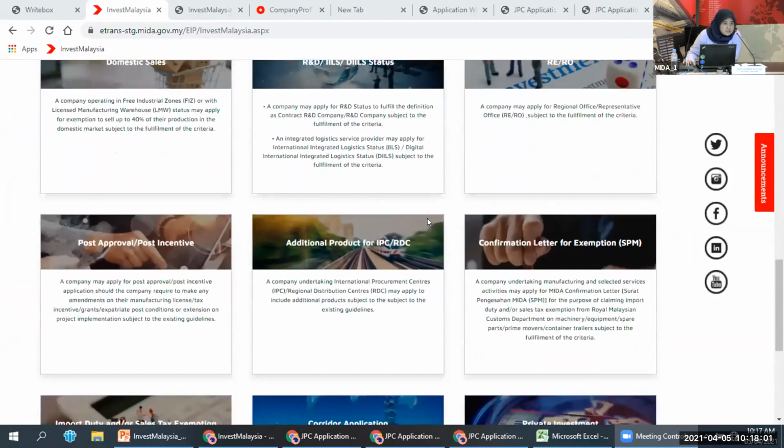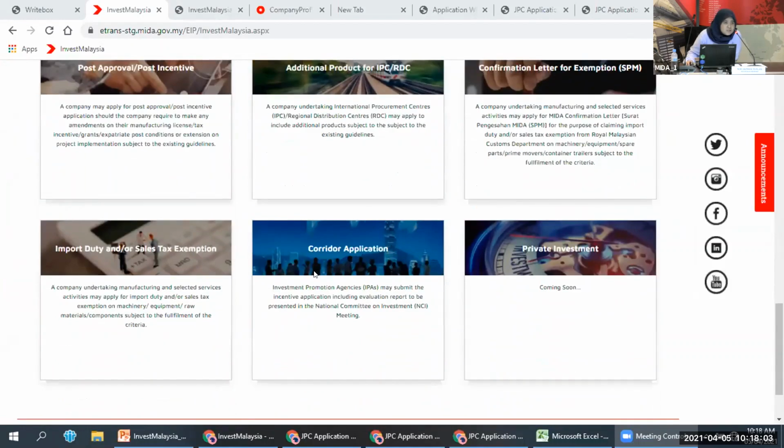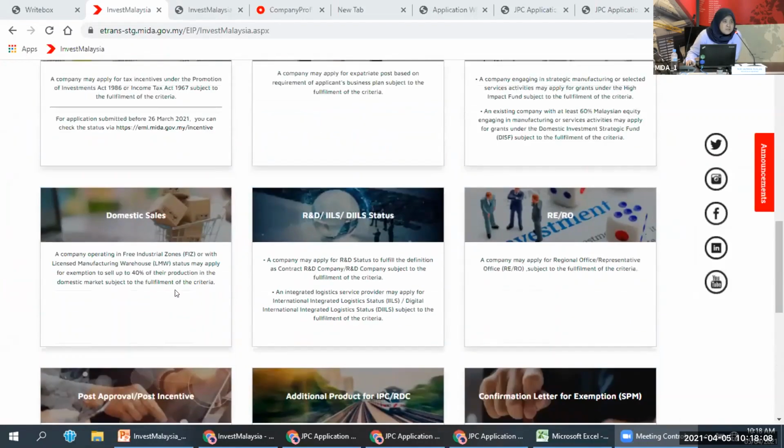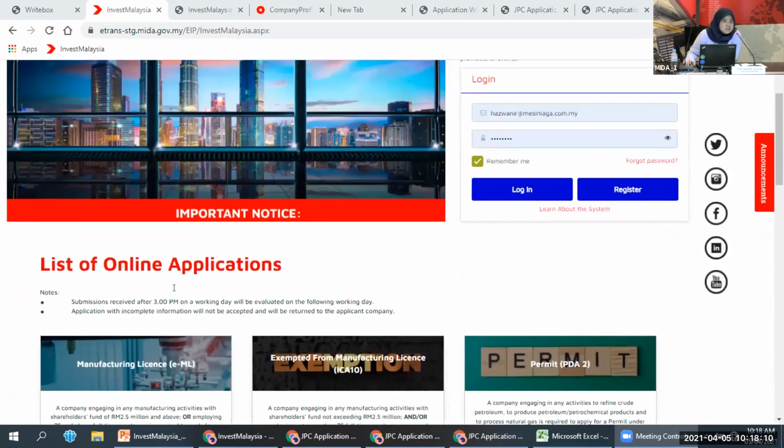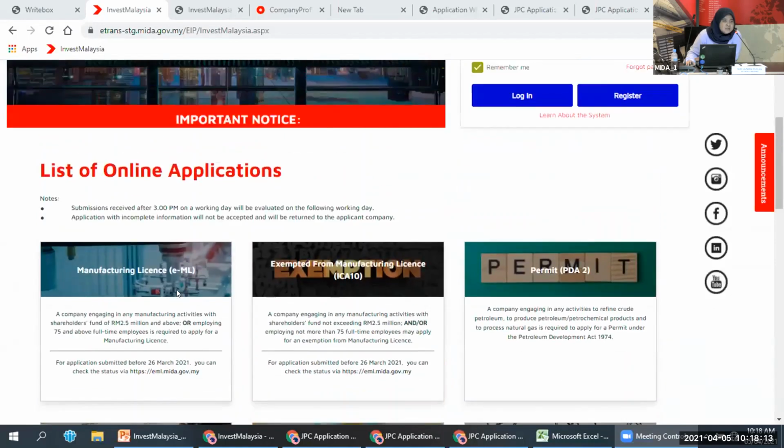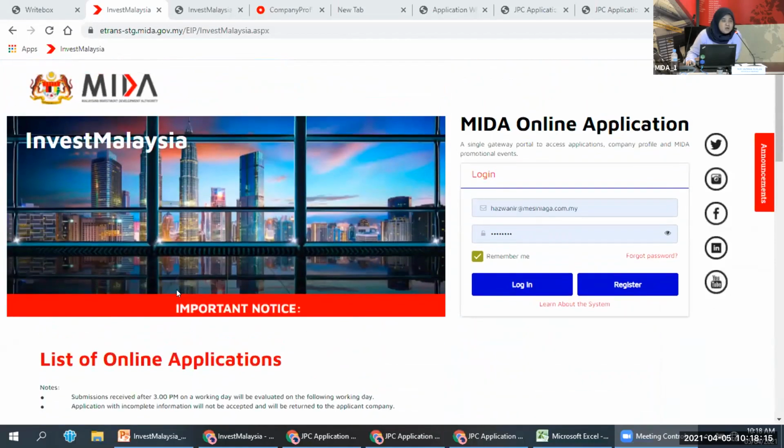You can see all those applications, and then this is import duty, SST Exemption is here. You have other applications as well, incentive, manufacturing license. So this is our new landing page, our new login page. You can still log in using your email address, your login ID, the same password, same login ID, no issue. Those who are new, you can register. I'll walk through the registration process a bit later.